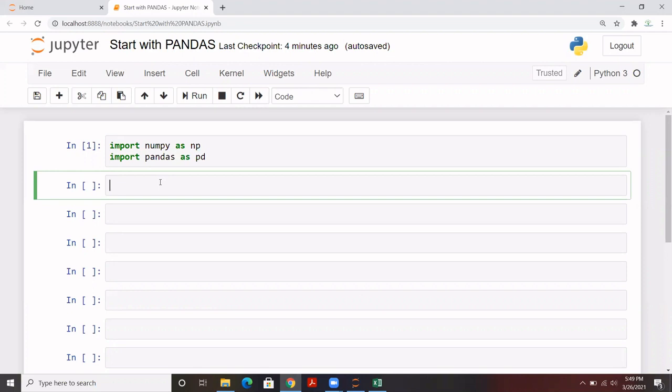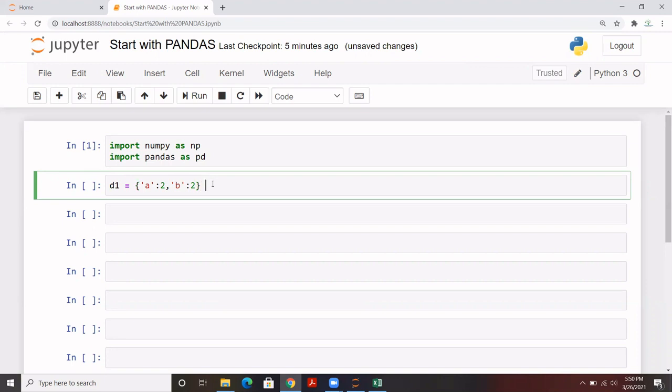For example, you remember that we used to have a dictionary in core Python, and we used to write a dictionary something like this. Let's say this is A, and this is a certain value for it, and let's say this is B, and any value for this. That's a small dictionary we have created. So this is a dictionary.